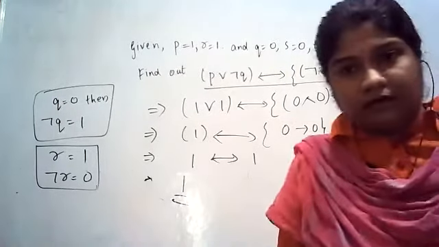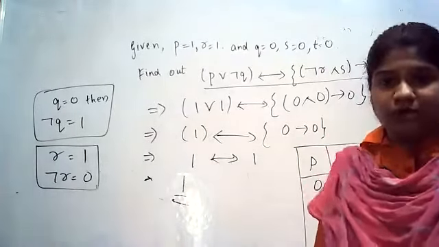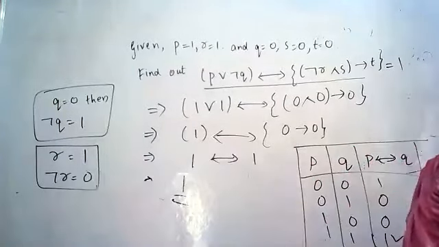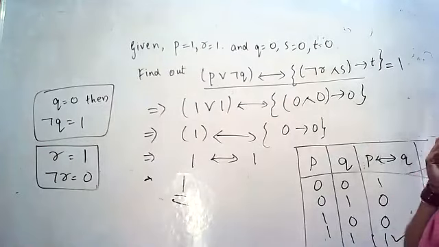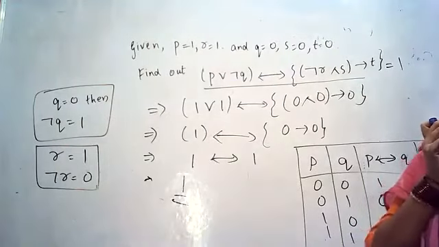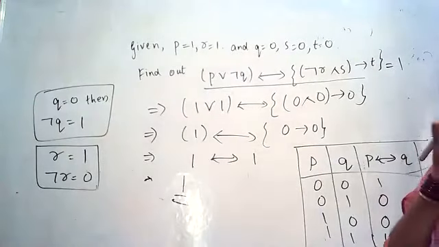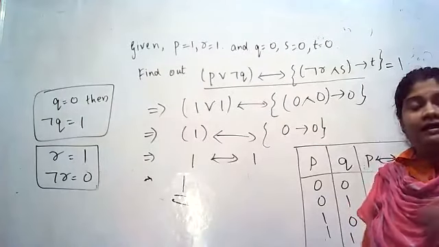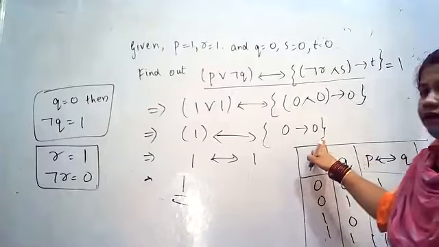But logical connectives will be throughout the subject, no doubt, though the topics will vary. Tomorrow we'll start with another type of topic called tautology and contradiction. Don't worry about that. Just remember till here what we have solved. I think some 6 to 7 types of problems we have solved on logical connectives. I'll give the assignment also. Everybody please solve it seriously, because if you take it seriously I'll get interested to teach. Solve the problems, that's it, don't make me repeat again and again.